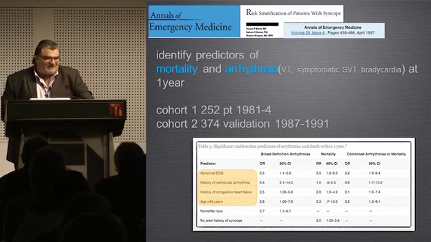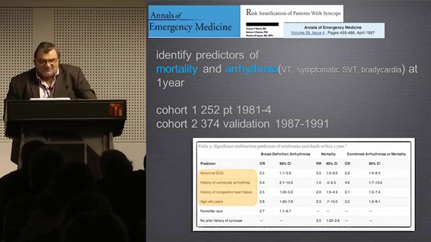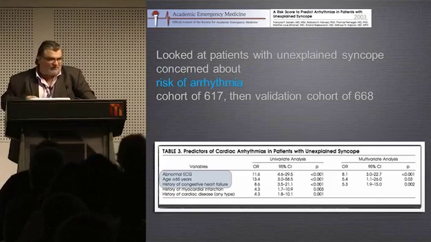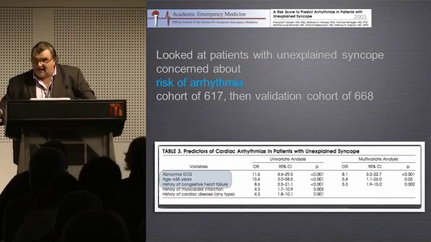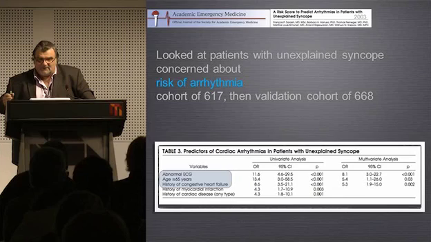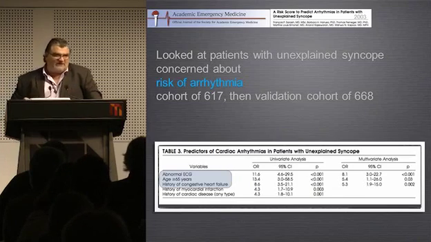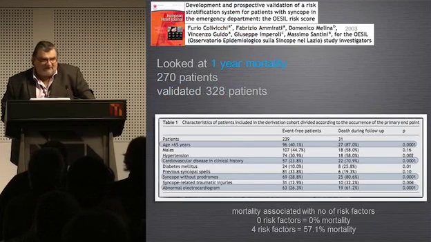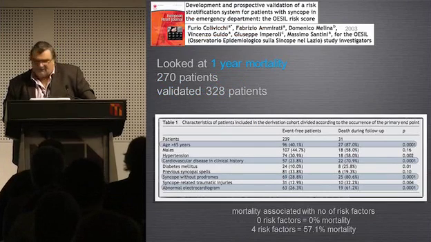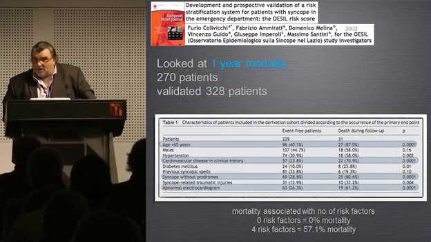So this is another study. This is an academic emergency medicine. They looked at the risk of arrhythmia. They had a cohort and a validation study, and they found these things: an abnormal ECG, age greater than 65 years, and a history of congestive cardiac failure were statistically significant predictors. This is a Kolovicki study, and he looked at 1 year mortality, and he had some patients and he validated his study. And he found that age greater than 65 years, any sort of history of cardiovascular disease, syncope without a prodrome,